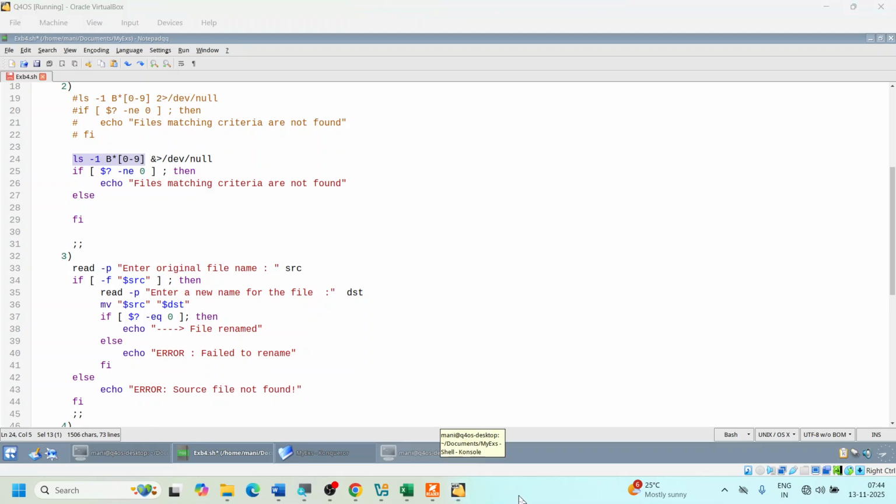And now the first part is the same. You just show the output, as well as the error message, debug message, everything you send to the null device, and check the output. If it is not 0, that means there is an error, you show that you have not found any file. What if there is no error message? That means this file exists,